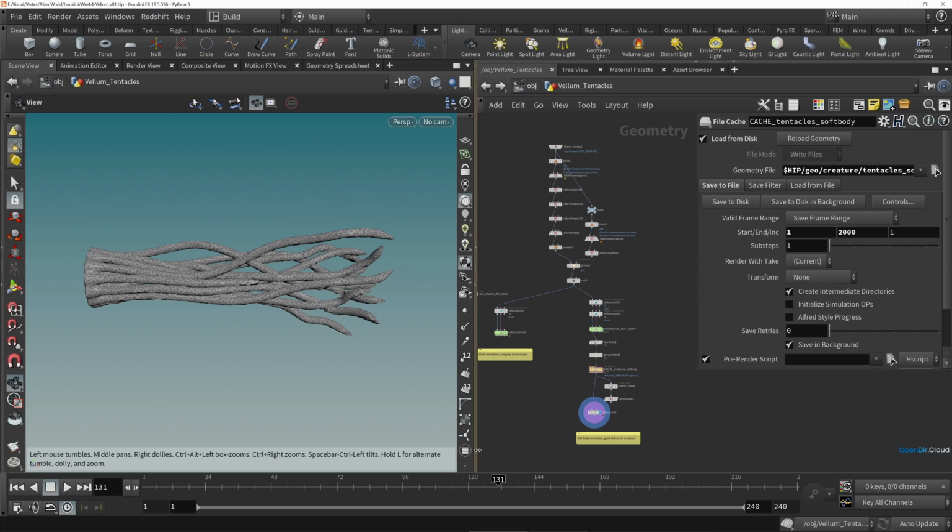And I'm going to start by leaving all of the default settings on this, and as before, we're going to copy our vellum solver from either the cloth or the soft body version. Let's just copy that because that conveniently has our existing setup for the noisy wind and everything. And then, similar to what we did with the cloth and the soft bodies, we'll take the first output for the vellum hair, put that into the first input of our DOPNet, and the second output of the vellum hair,